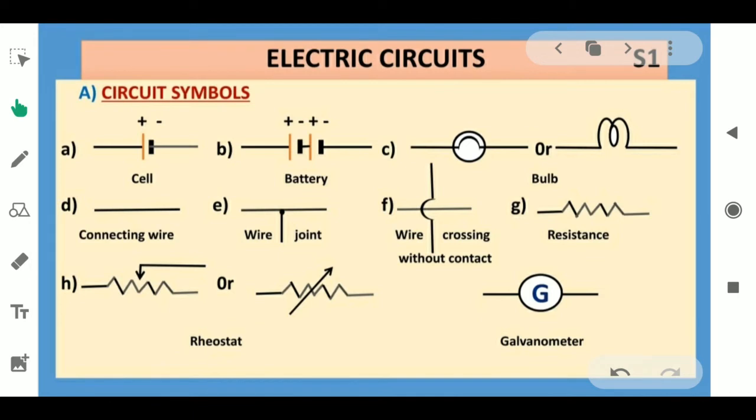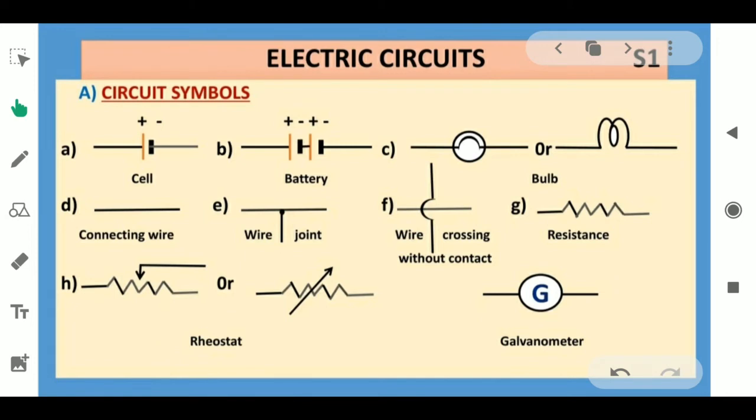What is happening here actually? When you switch on the circuit, the current starts to flow through the entire circuit. Now it is a closed circuit, therefore the current is passing through the entire circuit. As a result, the bulb starts glowing. When you switch off the circuit, it is an open circuit, meaning the current is not passing through the entire circuit. As a result, the bulb stops glowing. Clear? So in this case, we are using the materials as such.